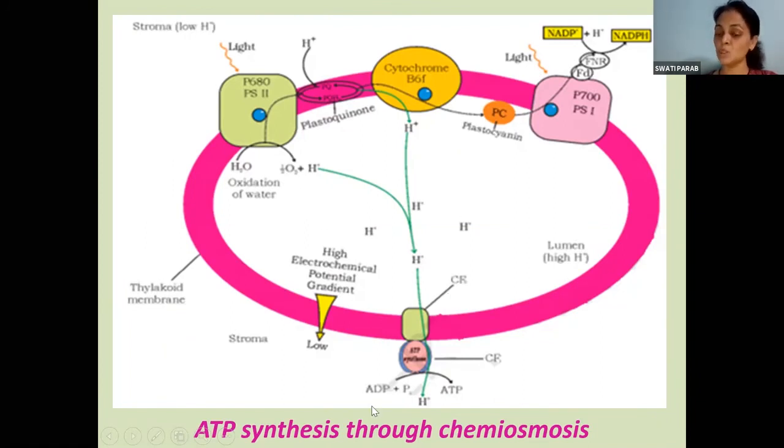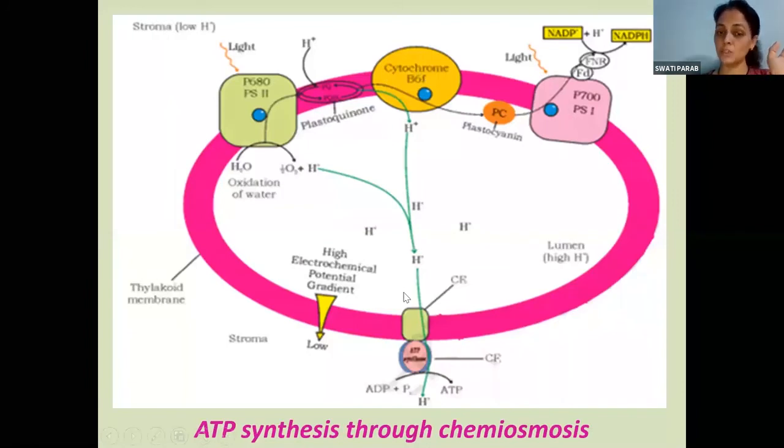And when all these happen together, you see there is formation of ATP through chemiosmosis. This diagrammatic representation is very, very important. The writing part is quite simple, which I gave you now, but the diagrammatic representation may seem a little confusing to you now, but after studying cyclic and non-cyclic, you will find it easy. Because all the reactions here are involved in cyclic and non-cyclic. Right now you will not understand by looking what is happening here. But when you go through cyclic and non-cyclic, you will understand these two reactions.